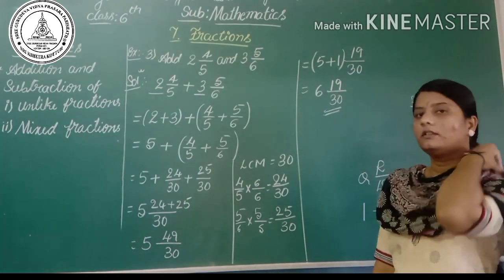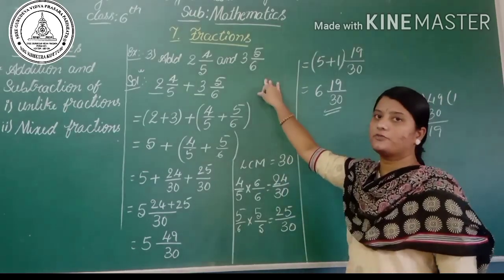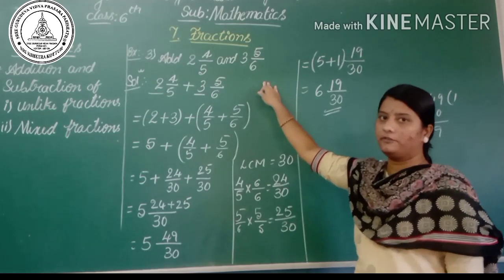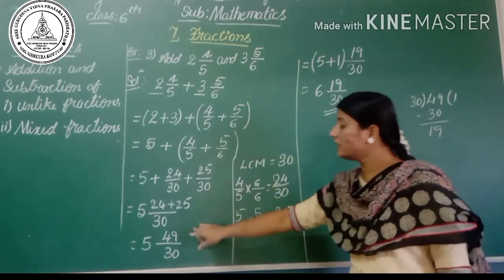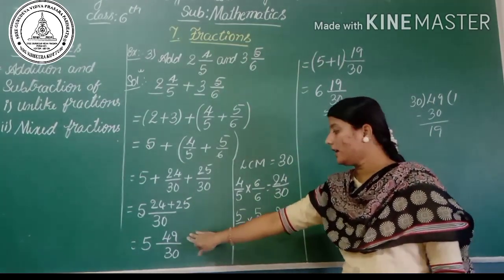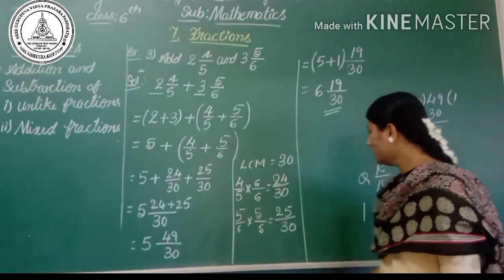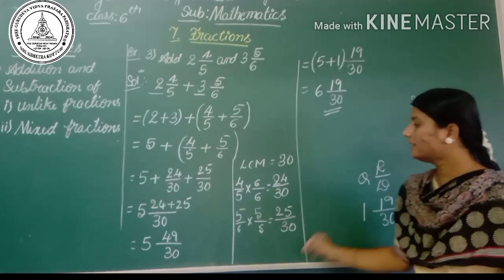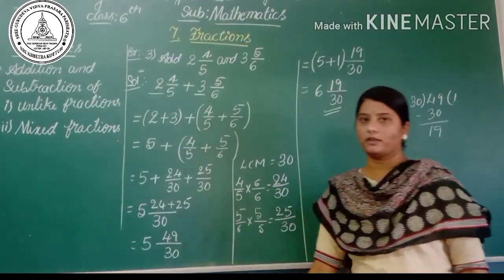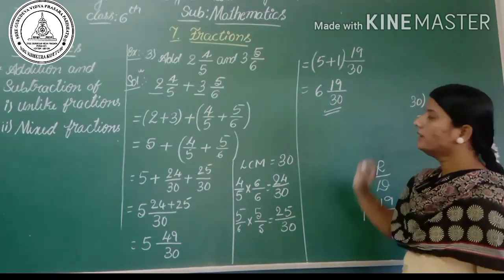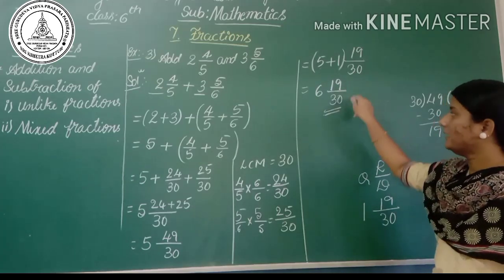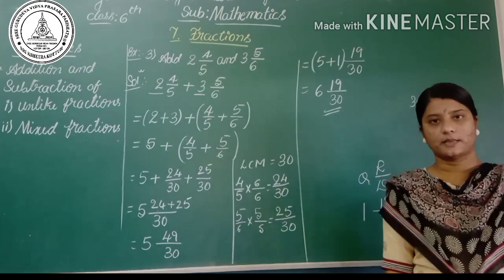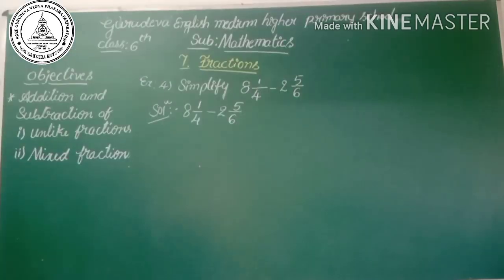So while we are adding fractions, first we have to add the whole part and do proper fractions. Okay, so at last, if we get an improper fraction, convert it into a mixed fraction, and again we will get a whole part, add it to the previous whole part. Okay, and finally you will get the answer 6 whole 19 by 30. Okay, yes, then let's see the subtraction of mixed fractions.